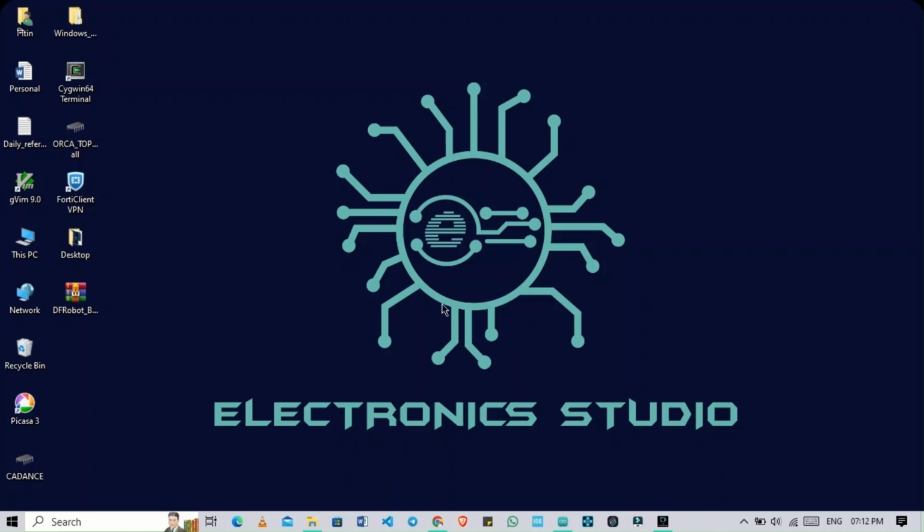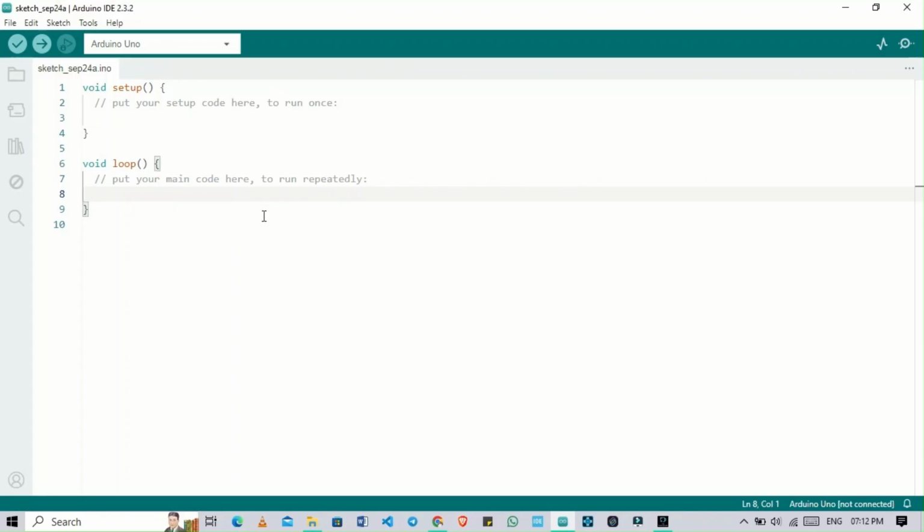So today we are going to learn how to use the Arduino IDE. So first, opening the Arduino IDE for the first time, a default code will be there, where we can write whatever we require, void setup and void loop. One by one I will teach you each and every feature.